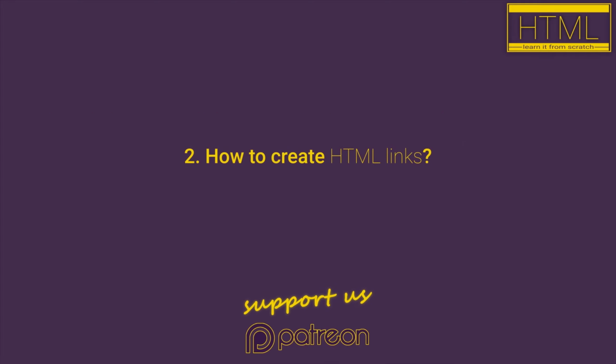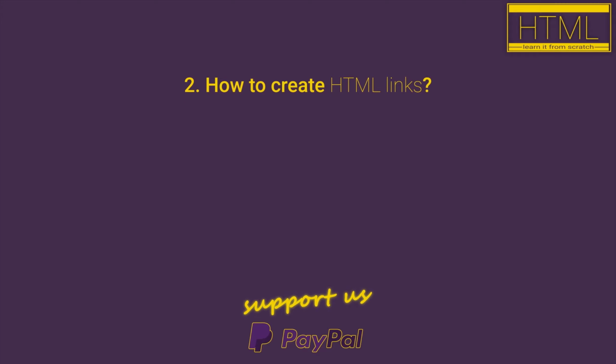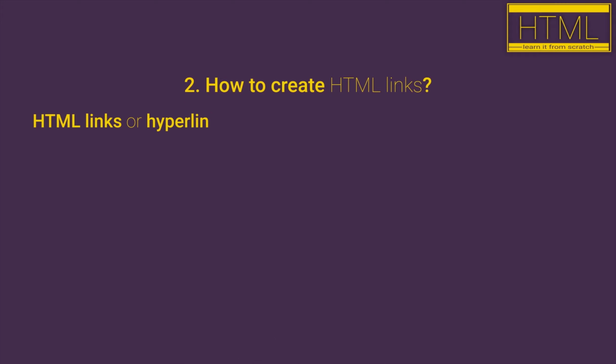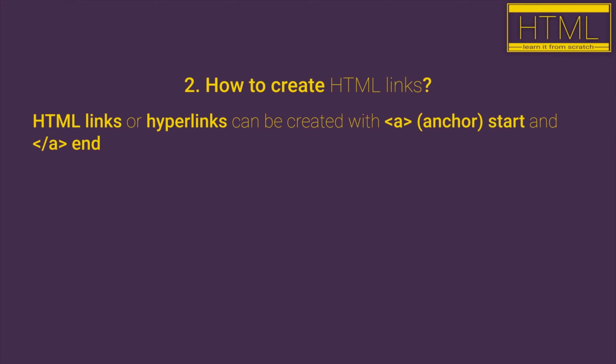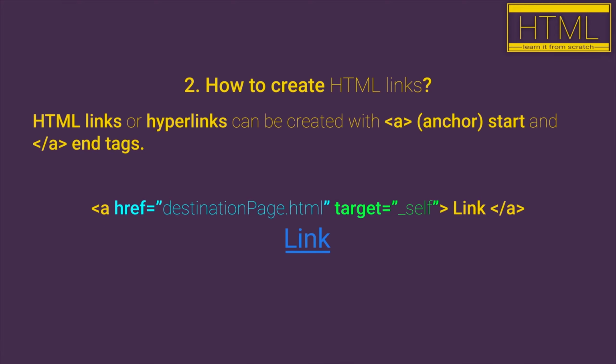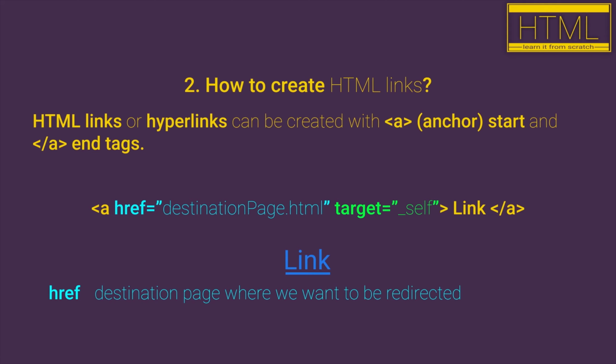How to create HTML links? HTML links or hyperlinks can be created with anchor start and anchor end tags. Inside of our anchor start tag, we need to set the href HTML attribute, which represents the destination page where we want to be redirected with this link,